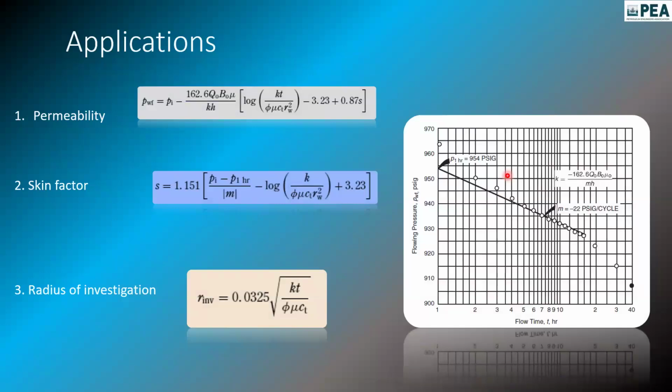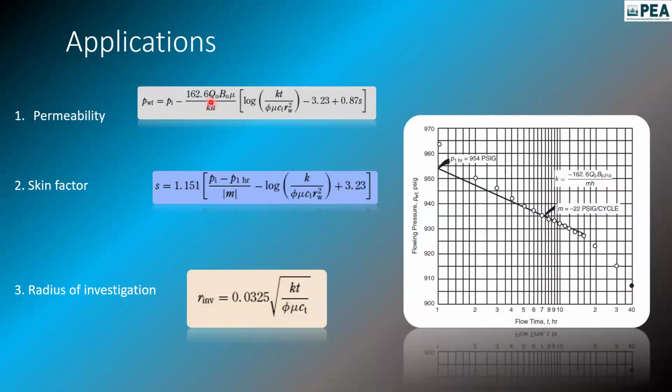The equation that we use to estimate permeability is Horner's equation. This is actually the diffusivity equation which has been converted to linear form. If that is the case, this is how the equation looks: PWF is equal to PI, where PWF is wellbore pressure and PI is reservoir pressure or initial pressure, minus 162.6 Q naught B naught,